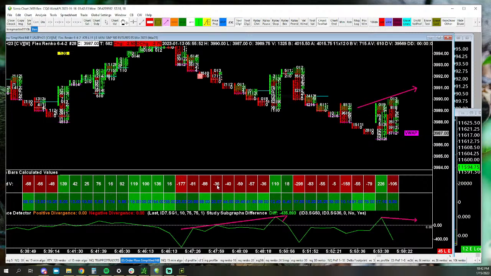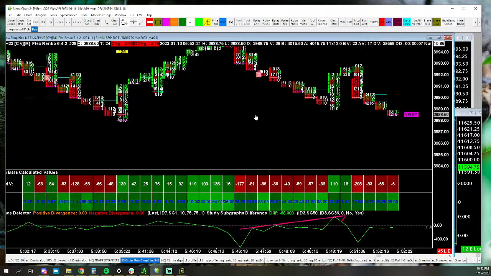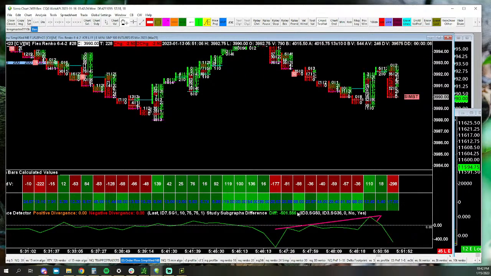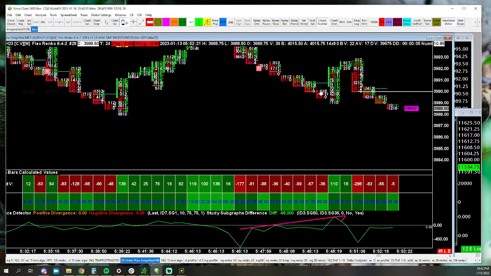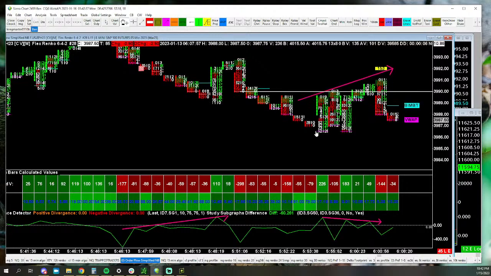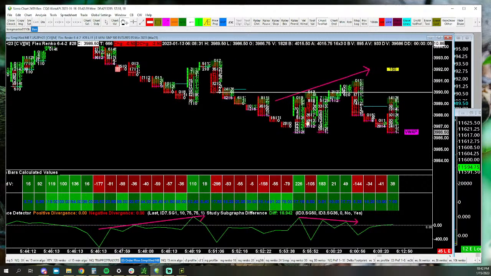They're not going to work quite as often, and you really need to see those hold before you even think about buying. So when this breaks down, I think is this the one we did? Now I'm getting confused. This is the one we did. So if you sold this hidden bearish divergence, you don't want to be a buyer unless that gets taken. You need to see that. Buyers need to take it and defend it.